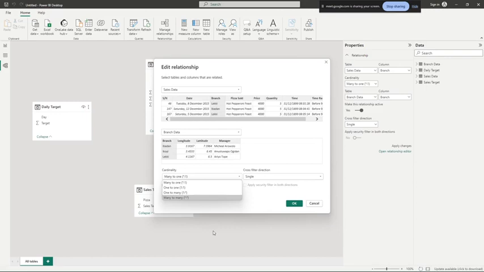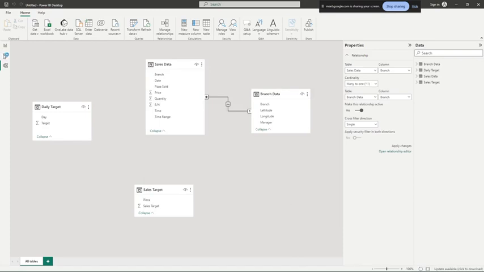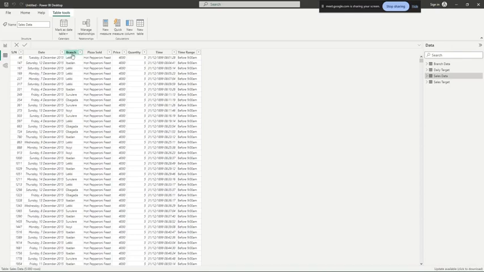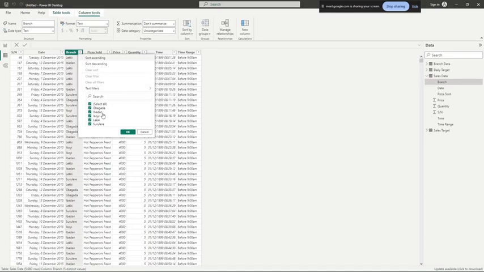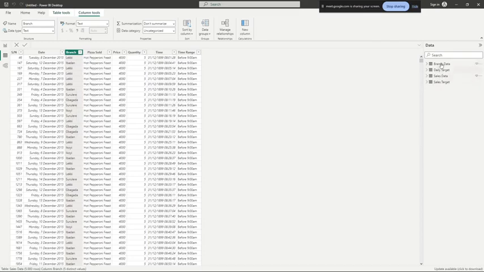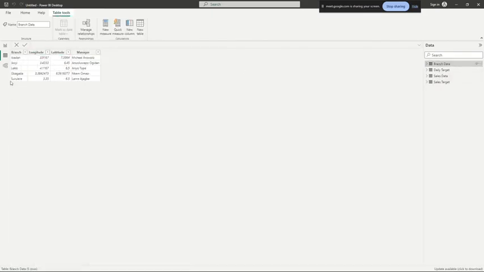Now, you remember that day that I was telling you about unique and distinct. So let's go back to our data set. On this particular data set, all these branches, how many are they? They are 1, 2, 3, 4, 5. So I'll say I have 5 distinct branches, but none of them is unique because none of them is occurring once. But on the branch data, I have 5 distinct values and 5 unique values because Ibadan